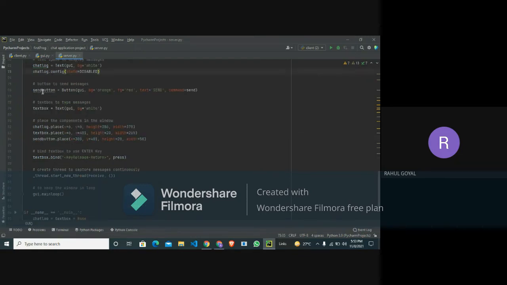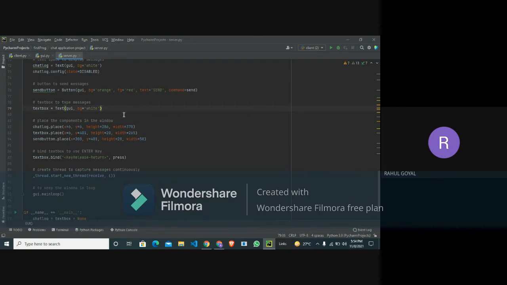Here I create a send button for sending messages from client to server and server to client. The background is orange, the foreground is red, and there is the send button command. And here is the text box, where all the messages are written. It is the text area, and its background is white.